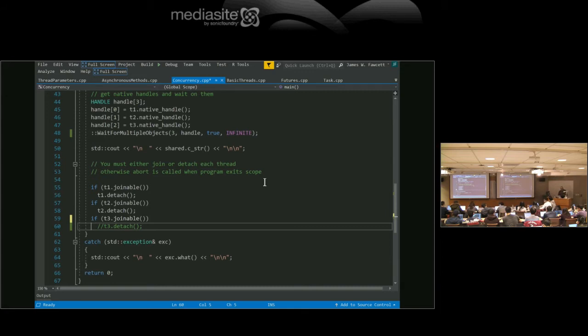So you've got to either join or detach. And the reason I just waited on these handles was to show you what happens if I detach them, just so I could show you. So anyway,